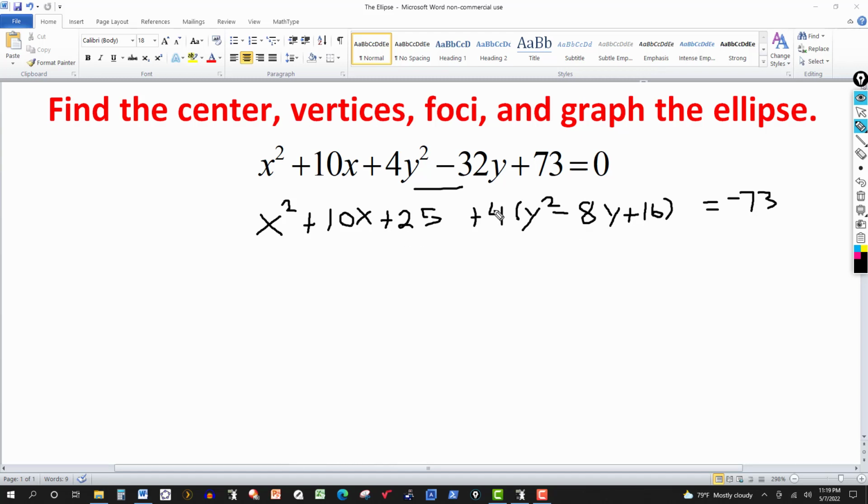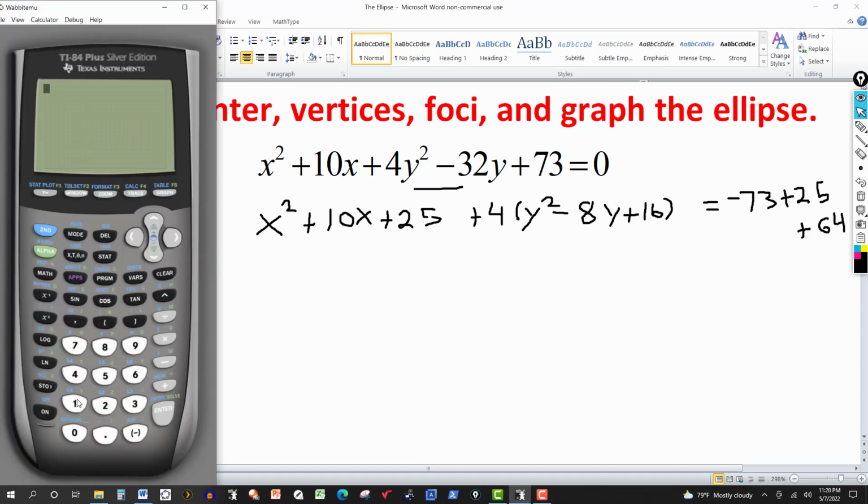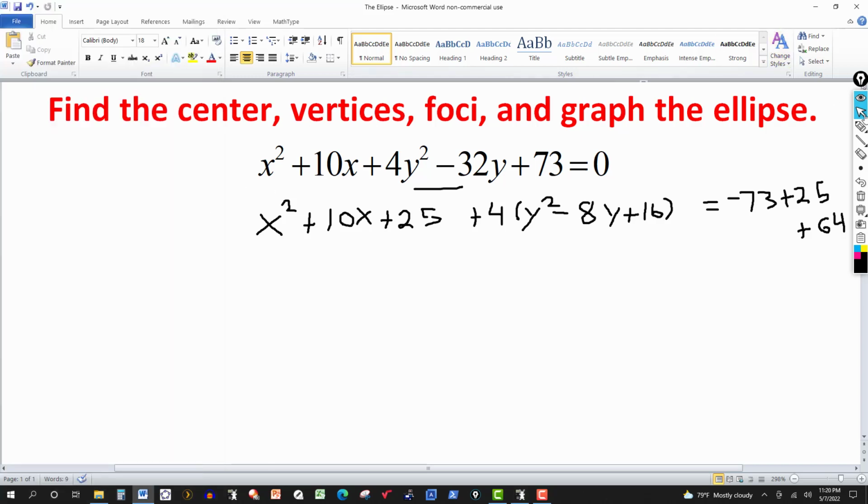And then whatever I add to the left side, I have to add to the right side. So I had a 25 here to complete the square in x, so I have to add 25 over here. And then here, for the y, I added 16 right here. But notice I have a 4 out here. So I'm actually multiplying that 16 by 4. So I'm actually adding 4 times 16, which is 64. So a quick calculation here then. I got minus 73 on the right side. Add 25 to that. And then add 64 to that. I get 16. So I can rewrite this as x plus 5